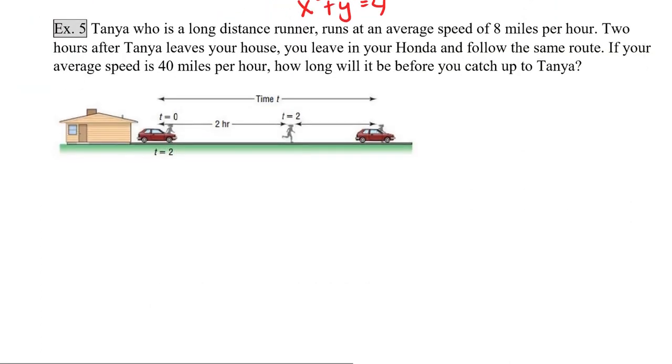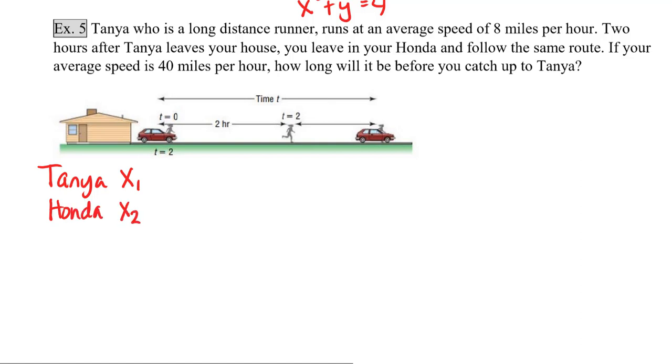Example 5, Tanya, who is a long distance runner, runs at an average speed of 8 miles per hour. 2 hours after Tanya leaves your house, you leave in your Honda and follow the same route. If your average speed is 40 miles per hour, how long will it be before you catch up with Tanya? So here we have two distance equations. We have Tanya, and we'll let x1 represent her distance,